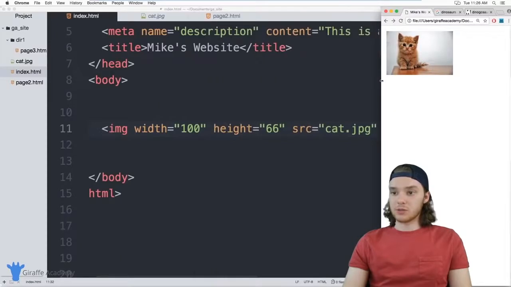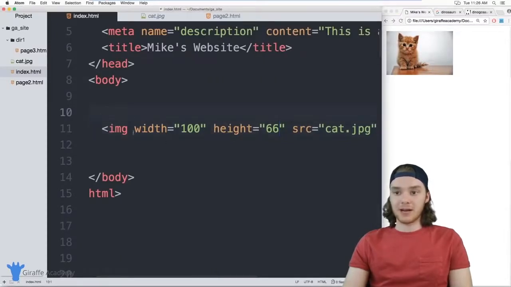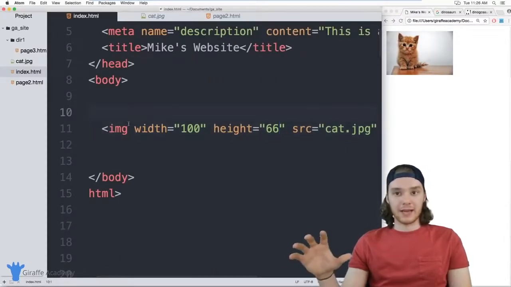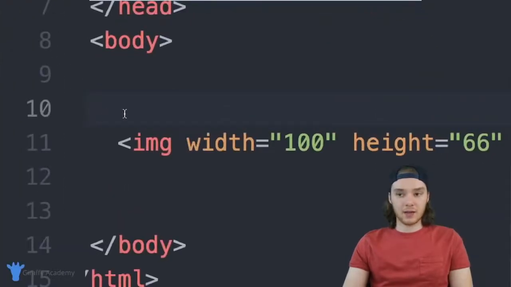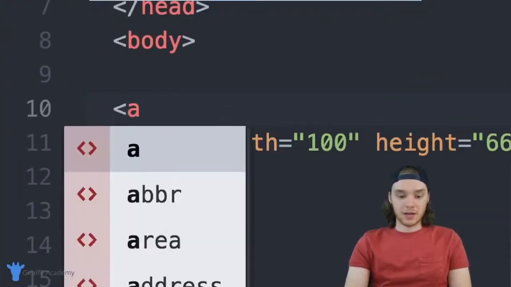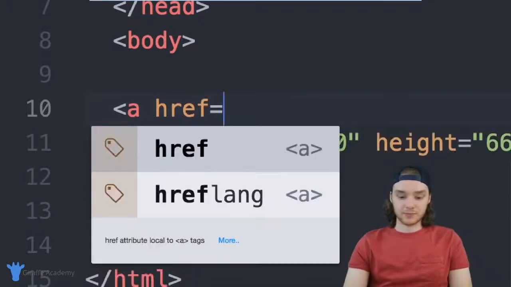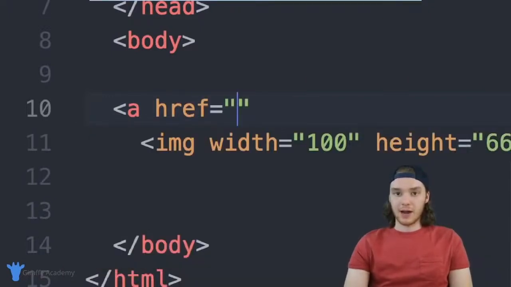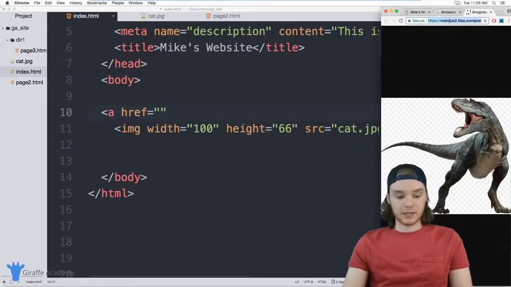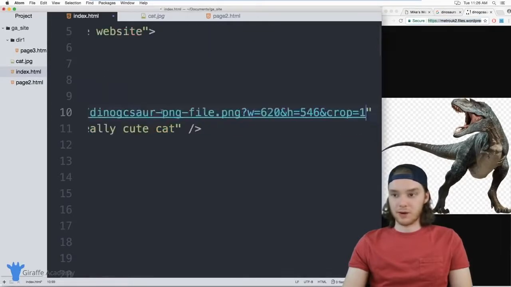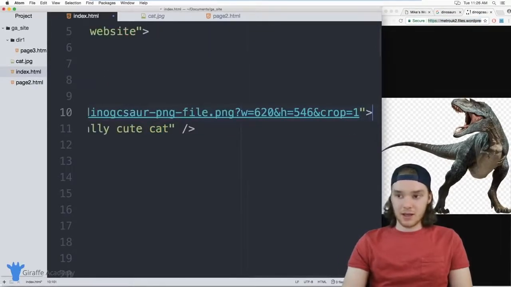And you can also use other things with images. So I could combine this image with a link, for example. So I could come over here and create a link tag, and we can just say a, and we'll give this an href. And inside here, I could put whatever link I wanted to. So for example, I could link this to this dinosaur picture, right? I could put the URL for the dinosaur in there,